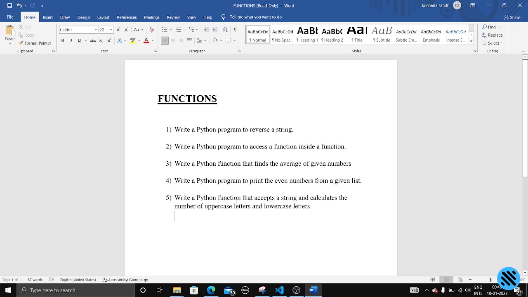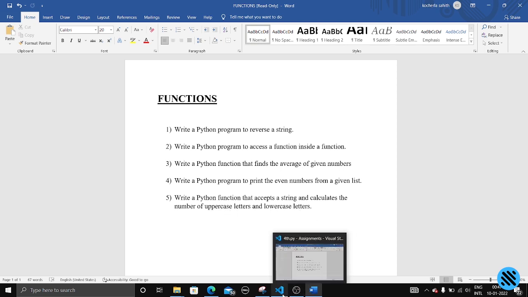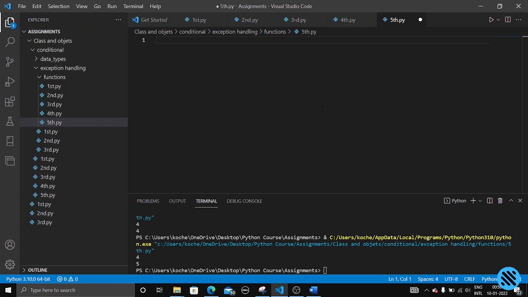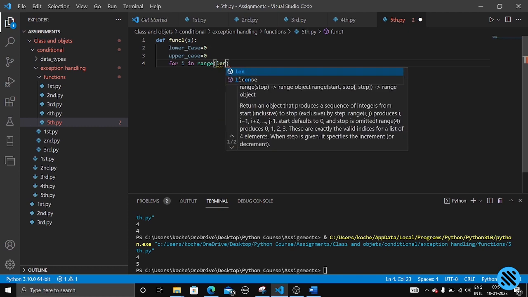Okay, and write a Python function that accepts a string and calculates the number of uppercase and lowercase letters. Okay, so this is one program, and the fourth one is the homework for you guys. So let us see the fifth one, and we need to take the string as an input, and we need to count the number of uppercase and lowercase letters, right? So let us just write func1, and let us take lowercase equal to 0, uppercase equal to 0 initially, and let us iterate the string first, range of len of s, and